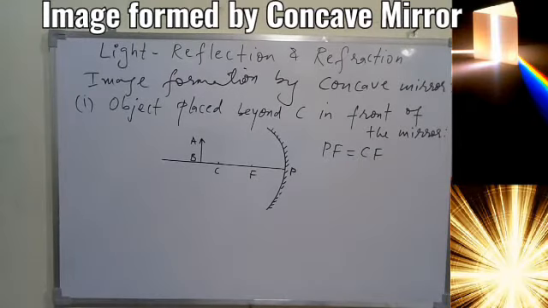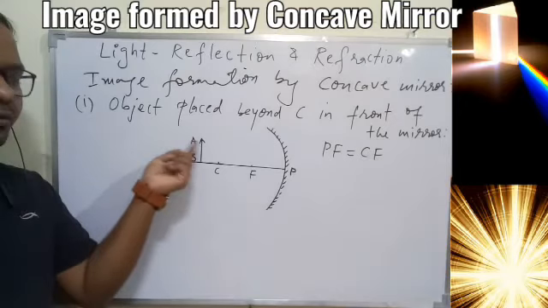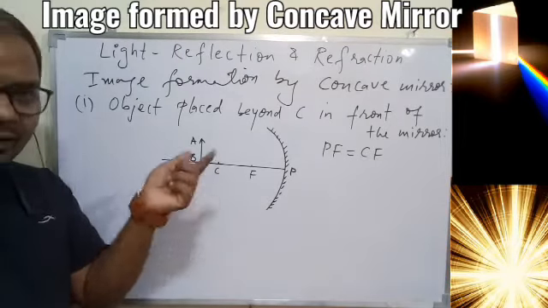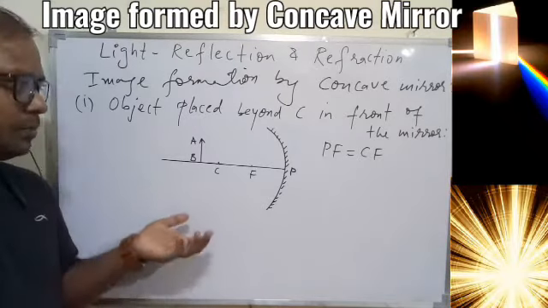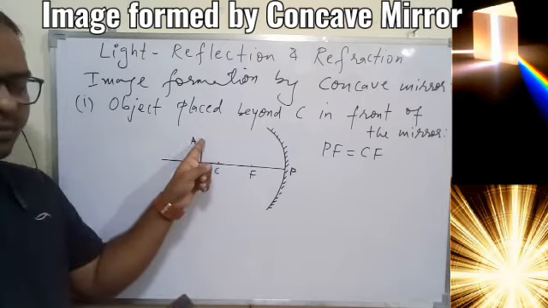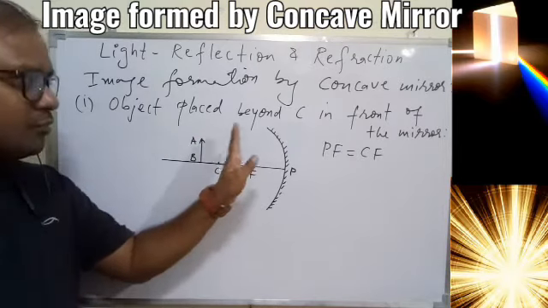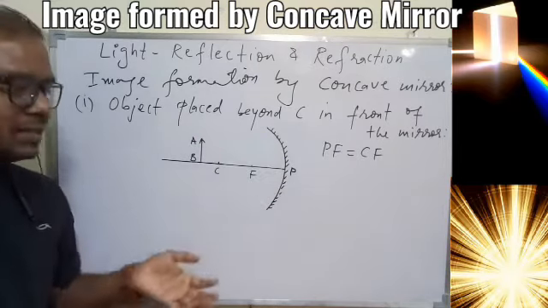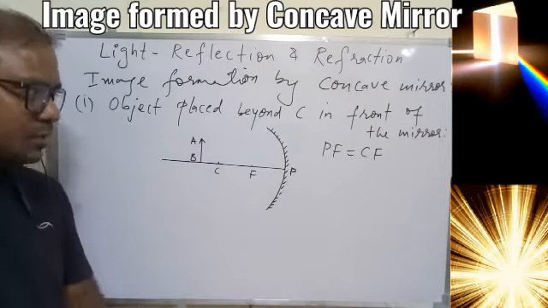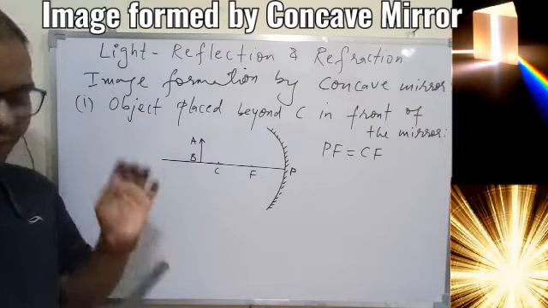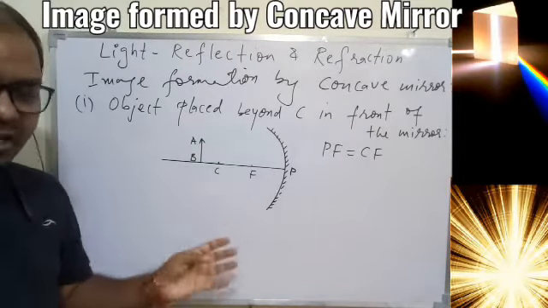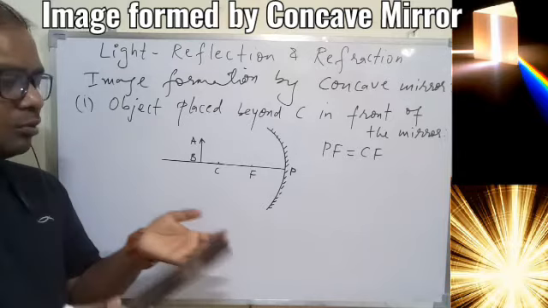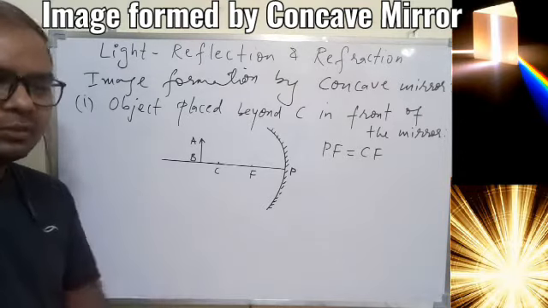We know that if we have to find out where the image will be formed for this point A, we have to apply any 2 or 3 rules that we understood in the previous class, such that any 2 rays of light coming from point A fall on the mirror and then reflect according to the rules we understood. We'll just apply the rules, nothing else, and wherever the 2 different rays coming from A, after reflection from the mirror, intersect or meet, that will be the position where the image of point A will be formed.